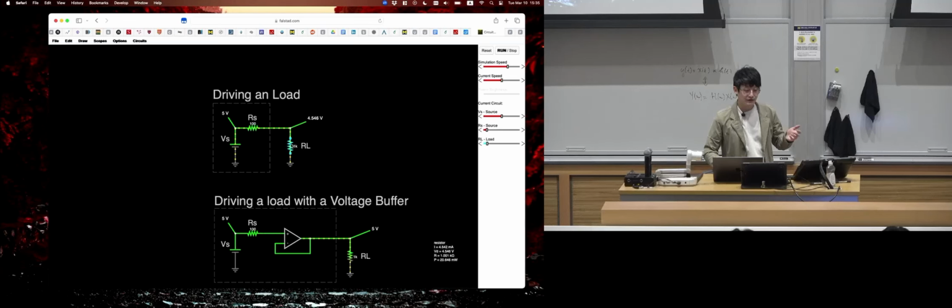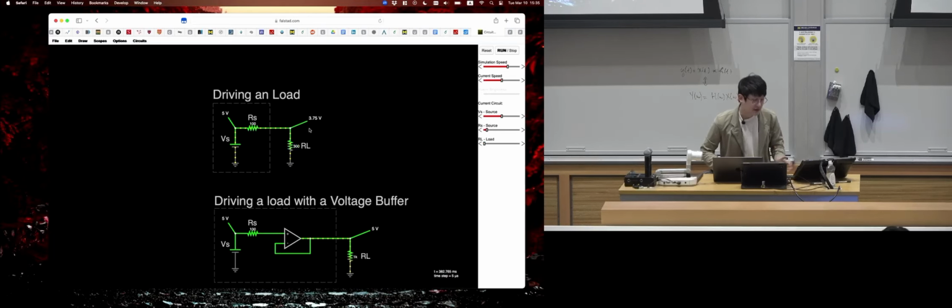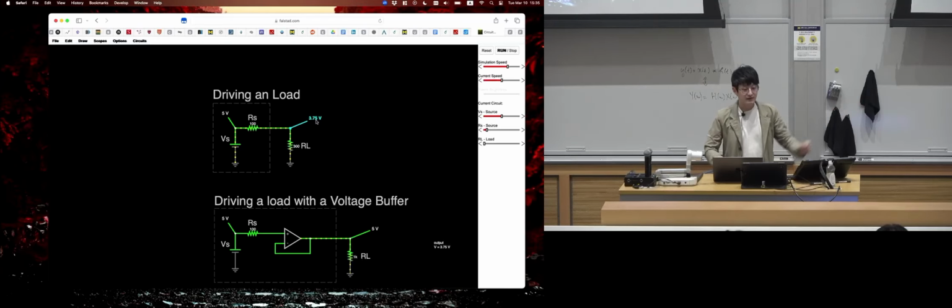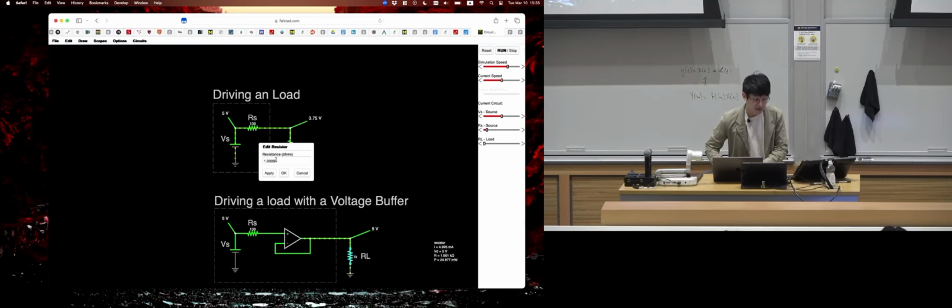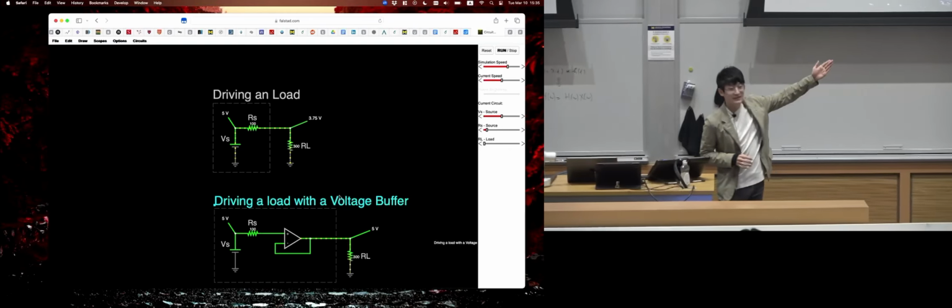But if you change this to say, let's see if I can do it here, you will see that the output value will drop dramatically. This is just the voltage divider effect. But if we have a voltage follower, it's still going to stay at the 5 volts.